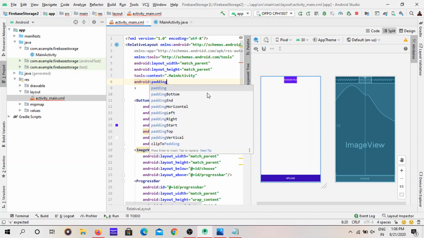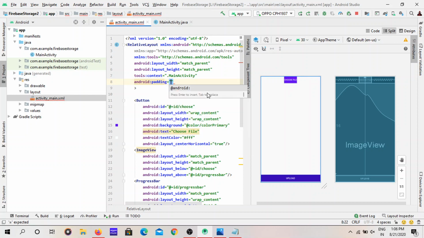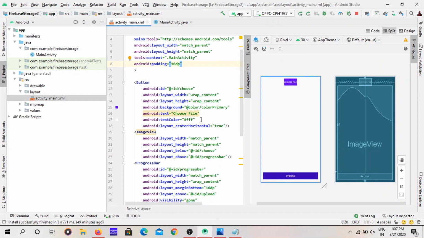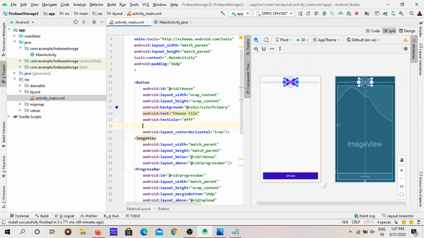See, I am giving padding 16 dp. Yeah, see, we got a 16 dp space around every view. We got 16 dp around every view, and give some padding to every view so that we can have some space, and give the padding as some 3 dp.